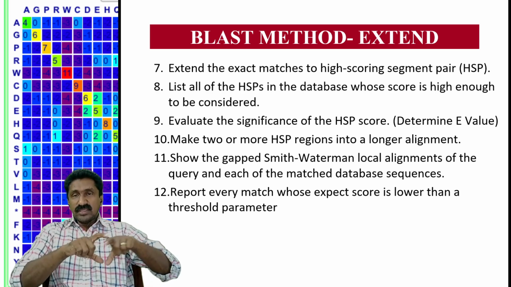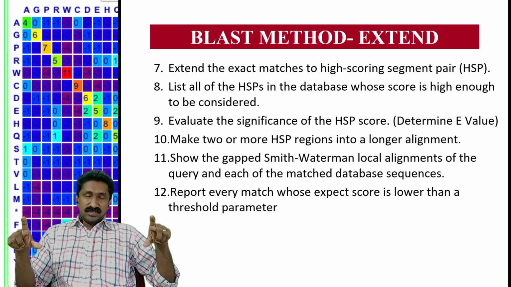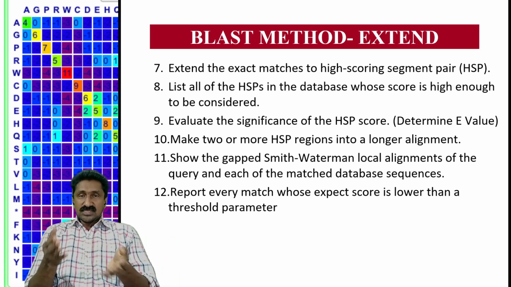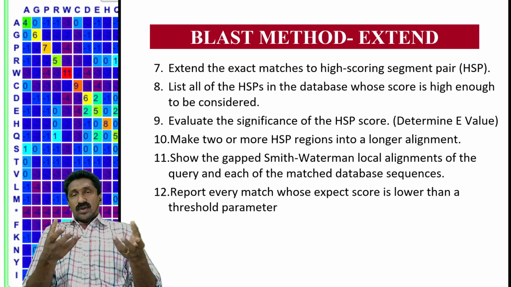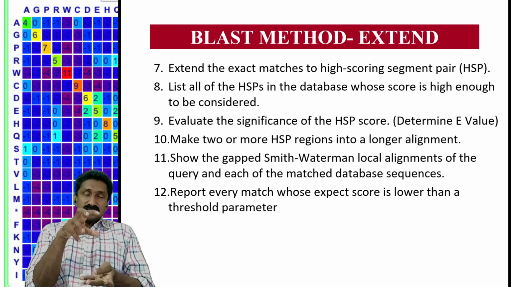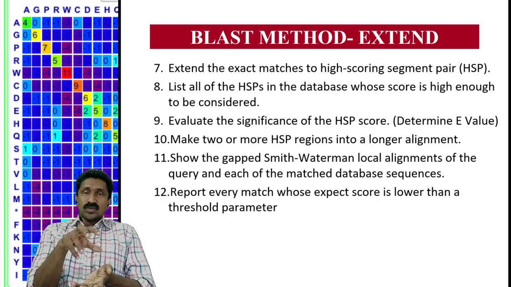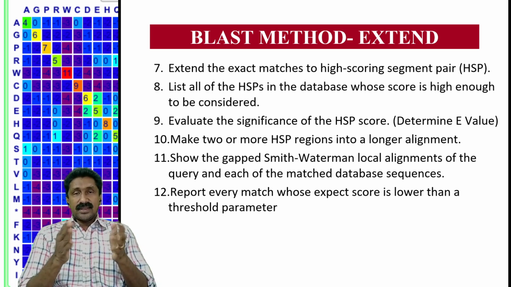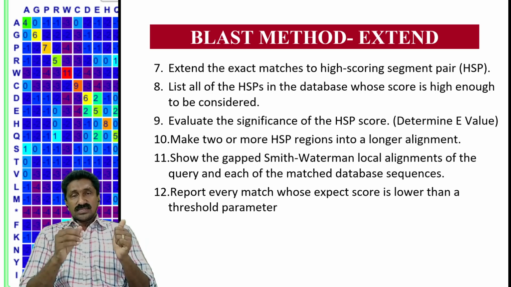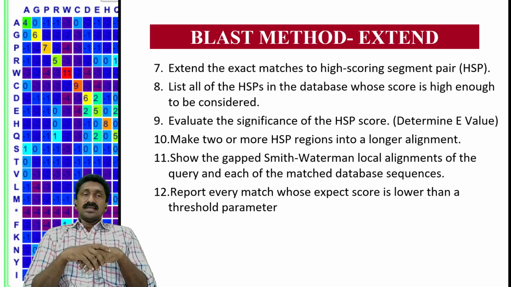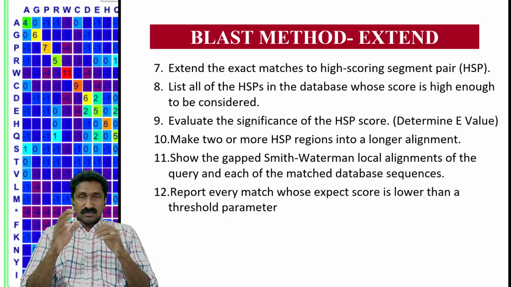We are not talking about the entire region or the entire sequence having any value, but HSPs will have a separate value. So if you are aligning, initially you need to check the scores of the high scoring segments or localized alignments. If that value is sufficiently high to be considered, then the E-value, a statistical probability value, will be calculated.